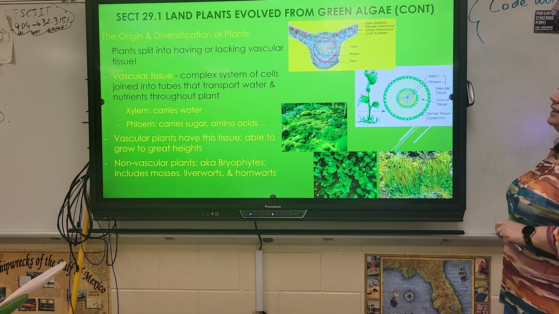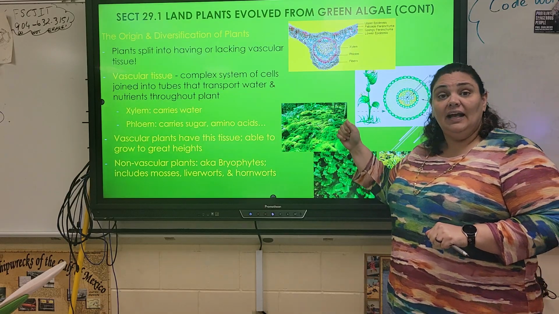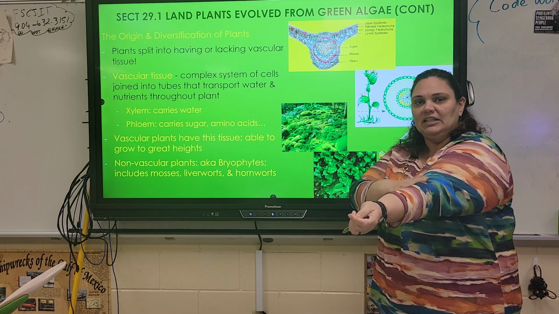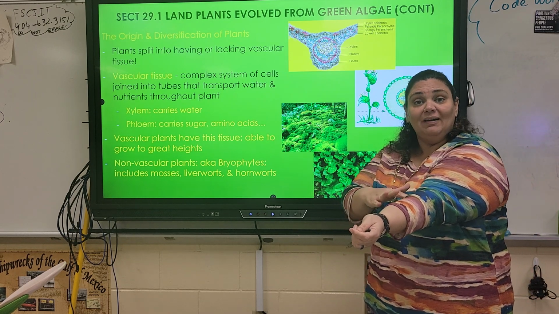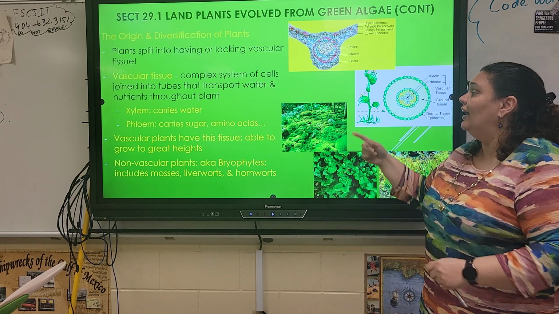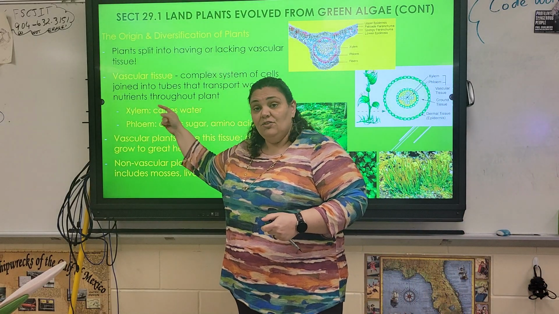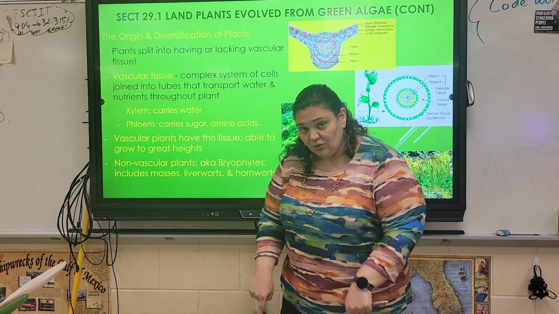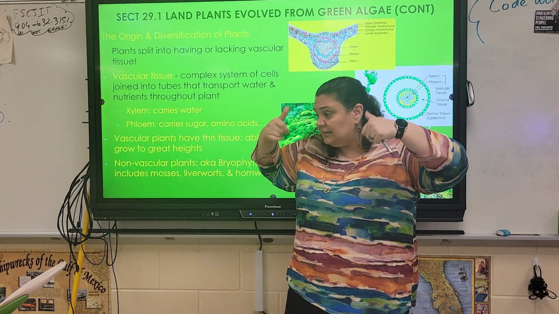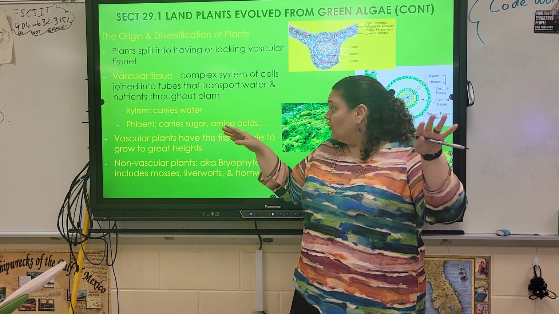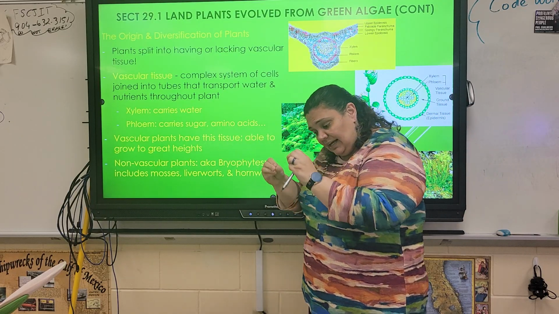So the origin and diversification of plants, that's when we started developing vascular tissue, right? Vascular tissue, I always kind of tap my arm because I think of my veins and my arteries. So the vascular tissue in plants, the xylem carries the water, so xylem goes from the soil up the entire plant. The phloem is going to go from the leaves, where most of photosynthesis occurs, carry the glucose down the